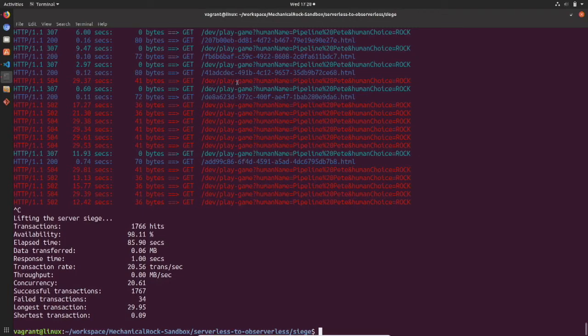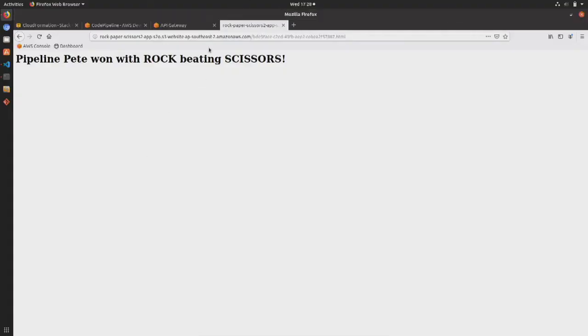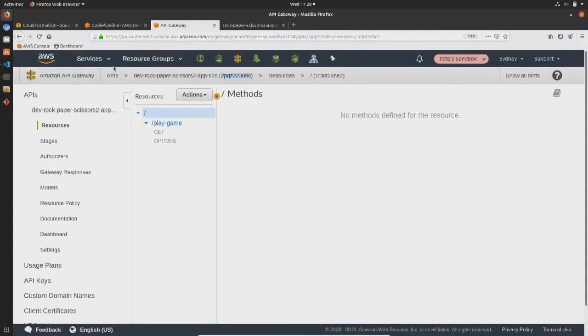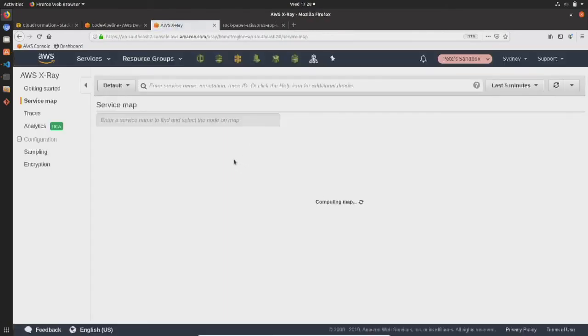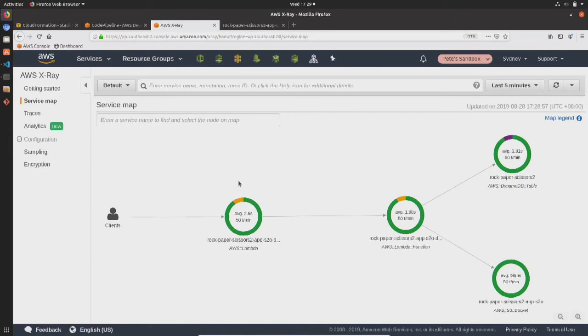So hands up anyone who's used X-Ray. A few people? All right, let's go check out the console. This is X-Ray. So X-Ray is our kind of tracing. One of the things that it does is it lets you peer in under the hood of AWS and see where things are connected and